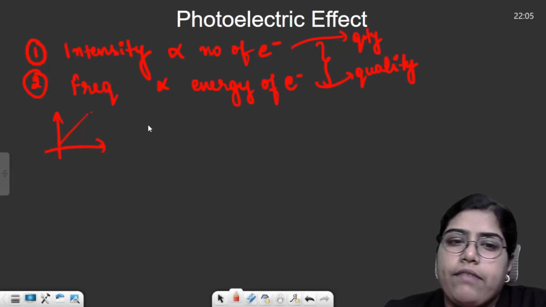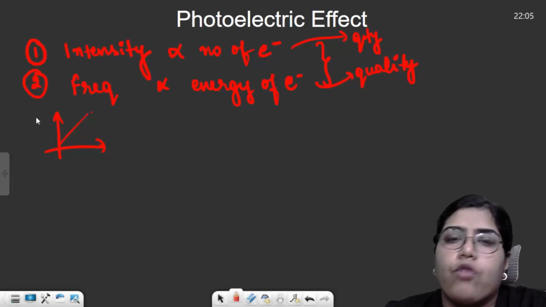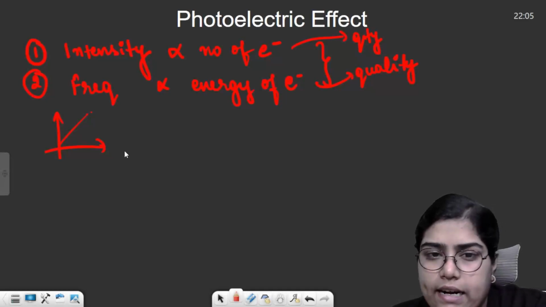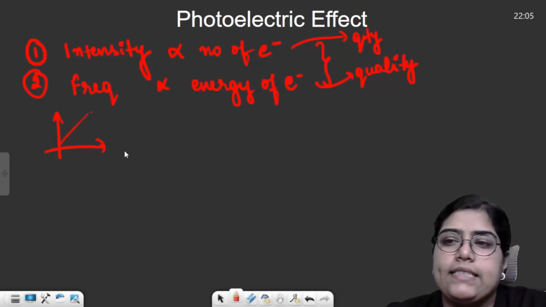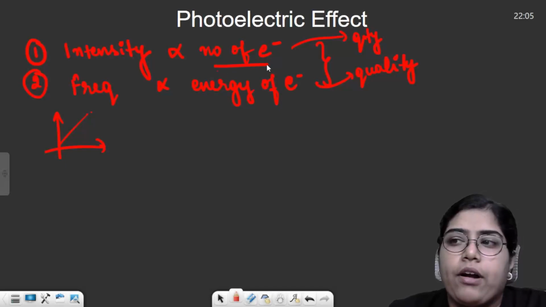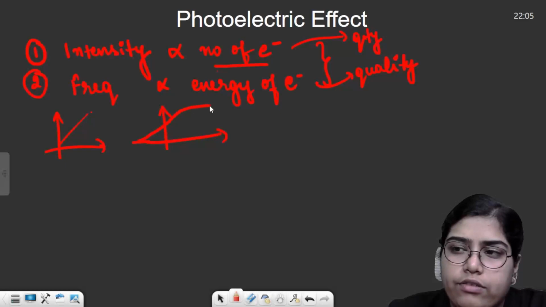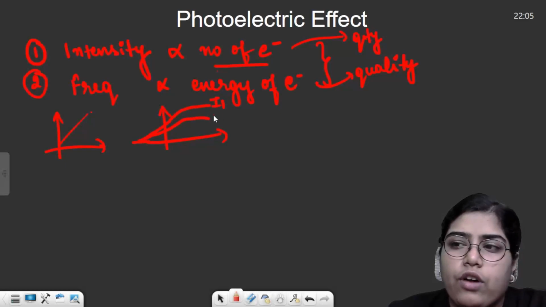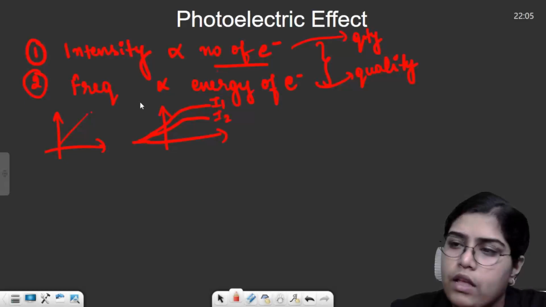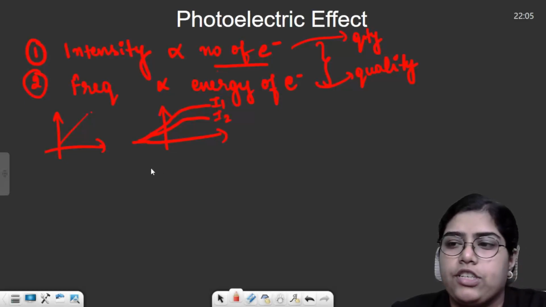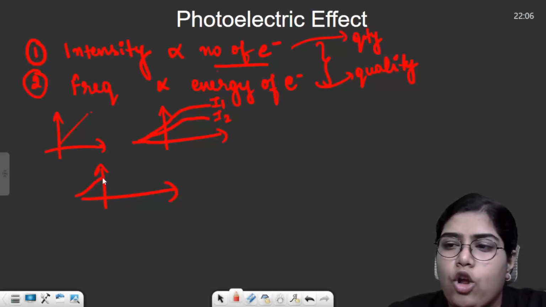The 3 graphs mainly were, this was the first graph. This was for photoelectric current versus intensity. This was a straight line graph showing our first point, that intensity is directly proportional to number of electrons, and number of electrons directly indicates the current. The next graphs were photoelectric current versus potential, stopping potential, wherein we drew 2 graphs. The first graph was for different intensity and same frequency. Both the graphs are for photoelectric current versus potential, while the second graph was drawn for two different frequencies but